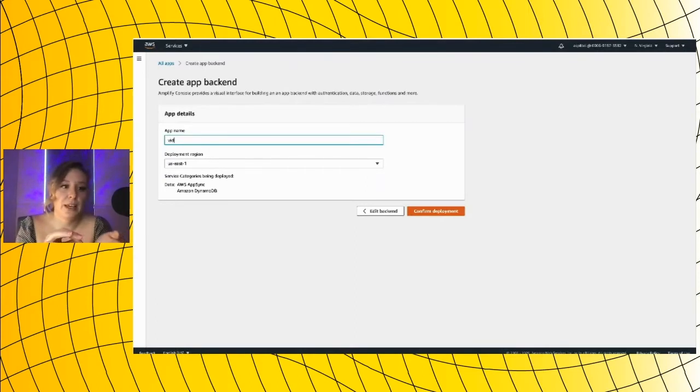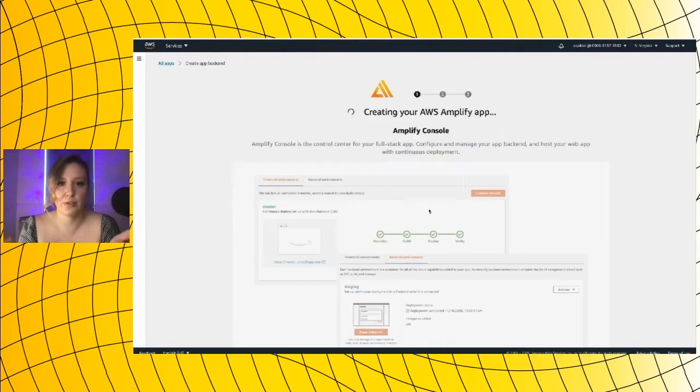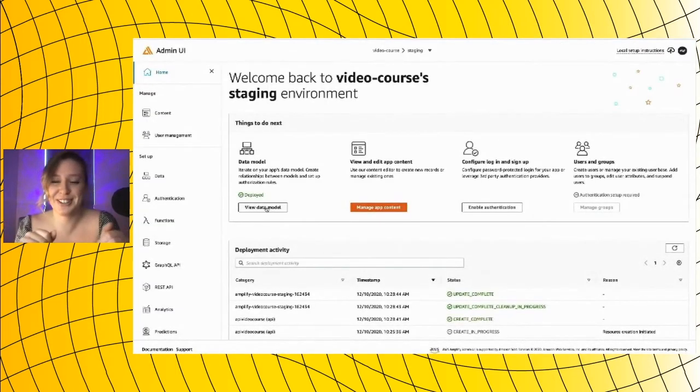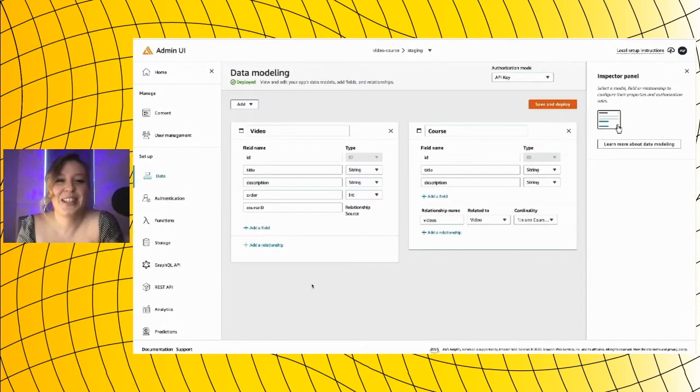Then you pick an application name. For example, video course fits what I'm doing here. And then a deployment region. This fits normal AWS regions. So usually pick the one that is closest to you or where you think your users will be. That'll take a couple minutes. I cropped this for sake of everybody watching, but then you can go to this data model page